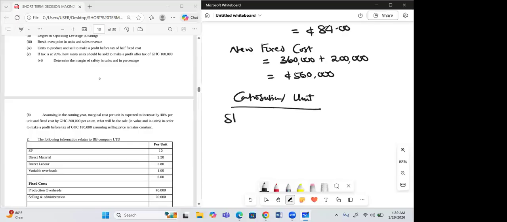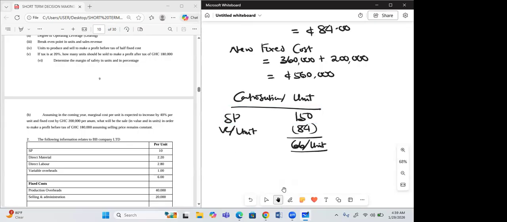The selling price, they say it should still be 150, minus the variable cost per unit. Now our variable cost is 84, right? Yes, sir. So that will give you 66. Now they say how many units must be sold in order to make a before tax profit of